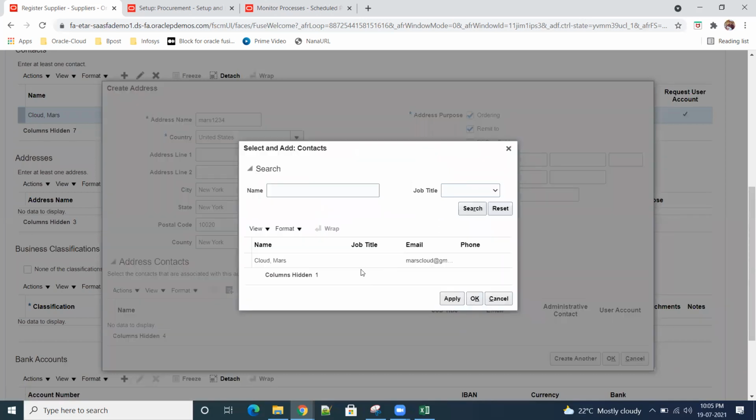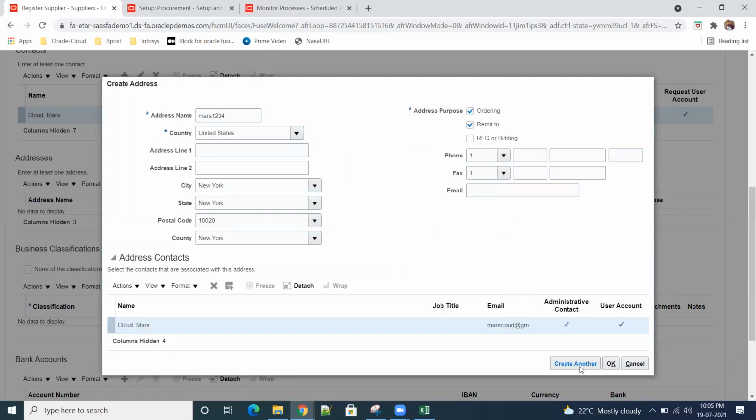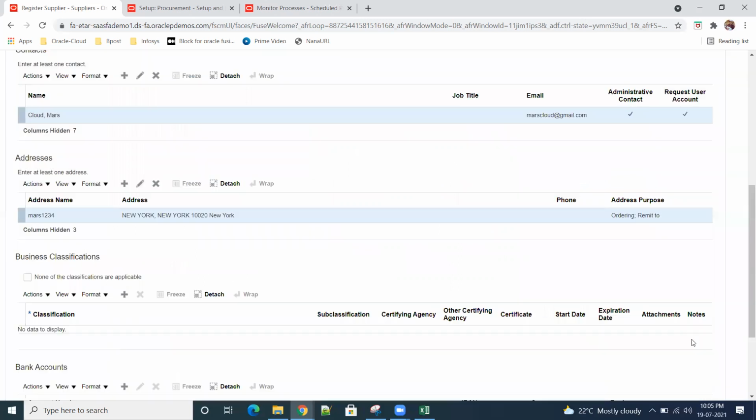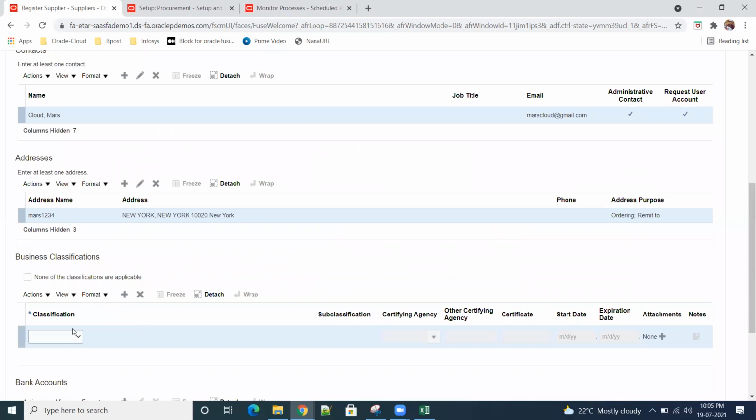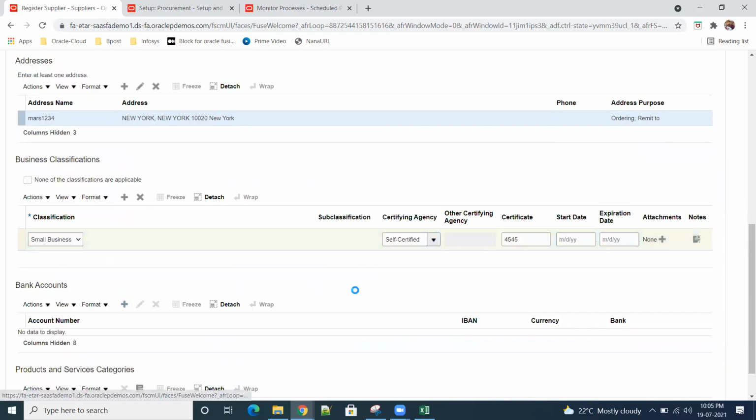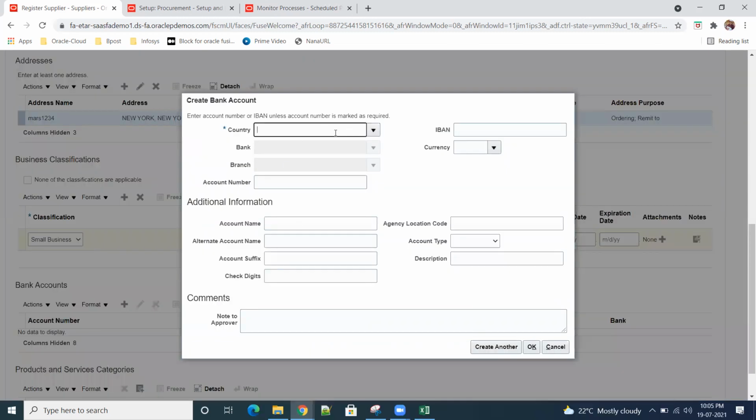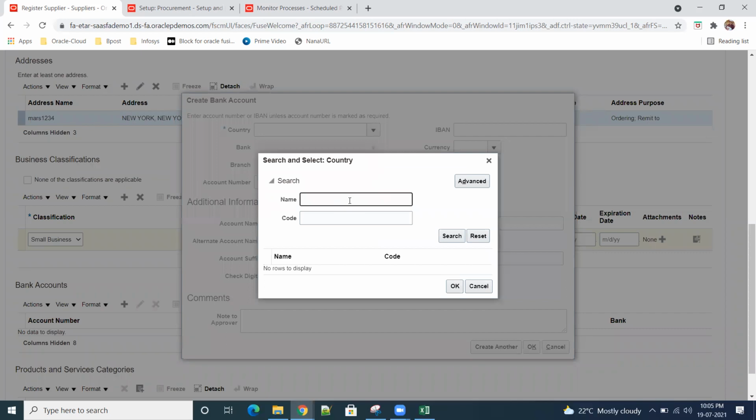Click on plus. Click on OK. Business, small, self. So okay, bank account, it is optional, but anyhow we'll select whichever bank we have.